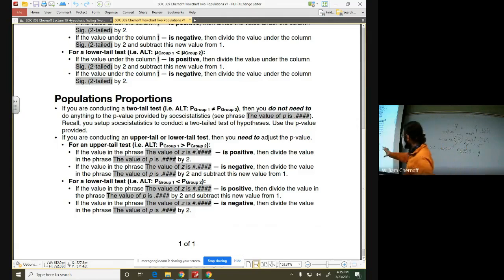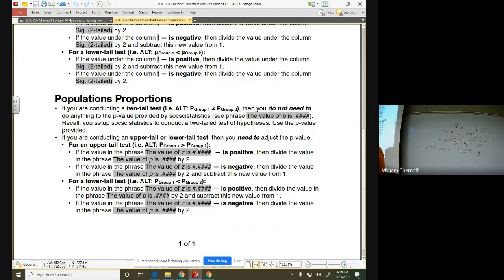So we go to our flow chart. We recognize that there's three options. We're doing this lower tail test, so our alternative hypothesis looks like this example here. And then we look at our z value. Here it's 1.89, a positive number. So we have two different options, and we're going to go to the one for when z is positive, which is the first one.